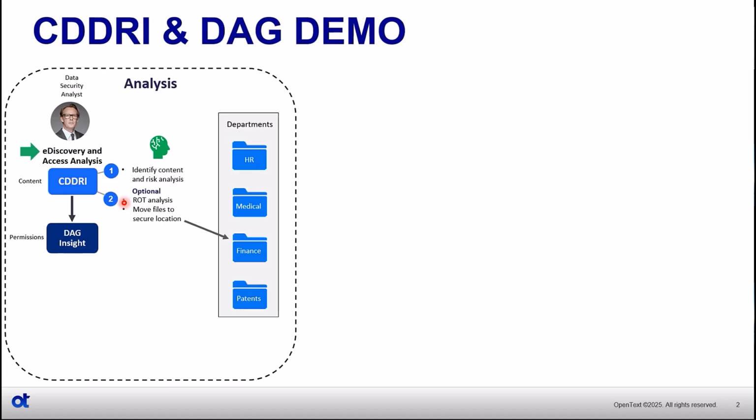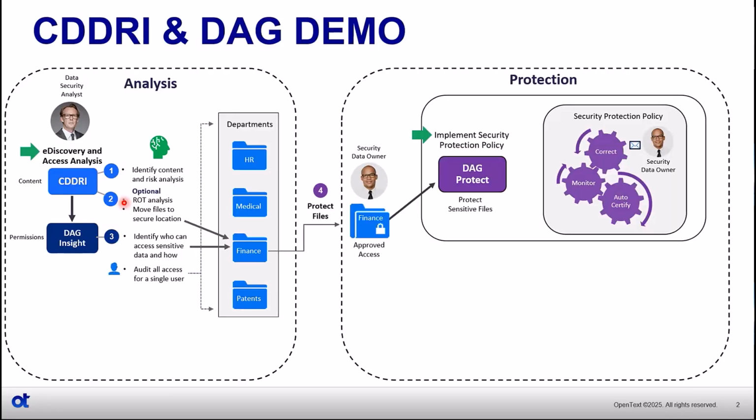But the true objective here is, again, that I find sensitive data that's got credit card details in it in this finance share so that I can report on who has access to it. So from my end, my mission really stops as soon as I found it and I say, all right, DAG, tell me who has access to it. And I have a custom action that's going to call out to basically report on permissions. At that point, it gets handed over to Doug, who's going to come in with the DAG suite and review, with File Reporter,